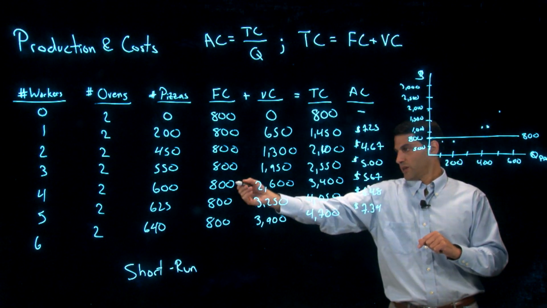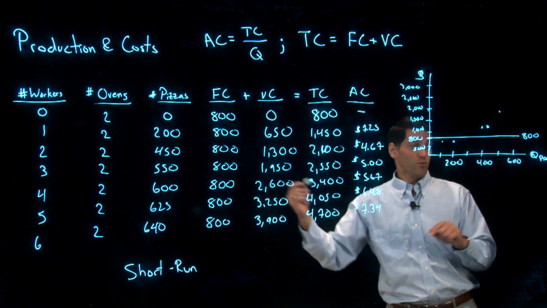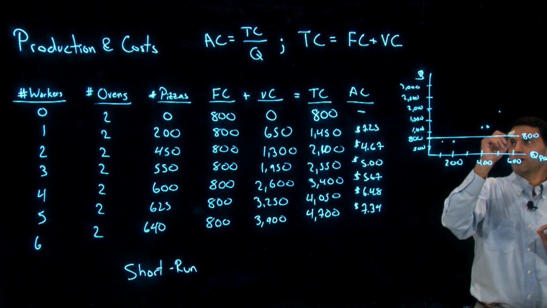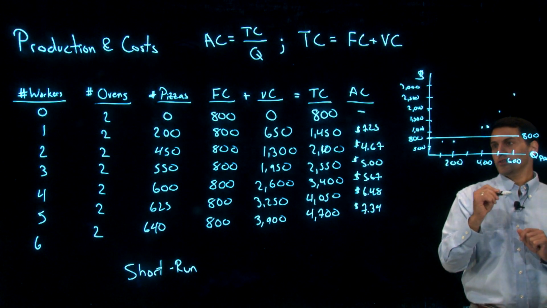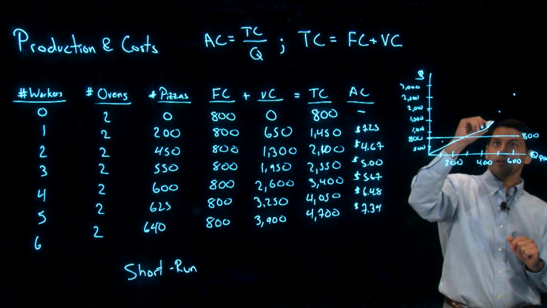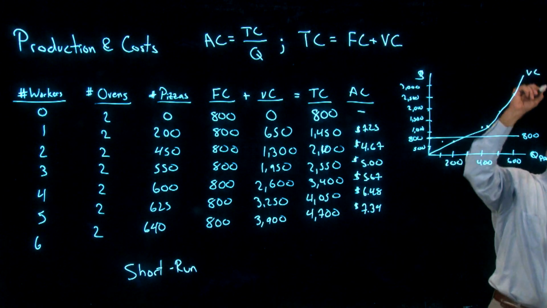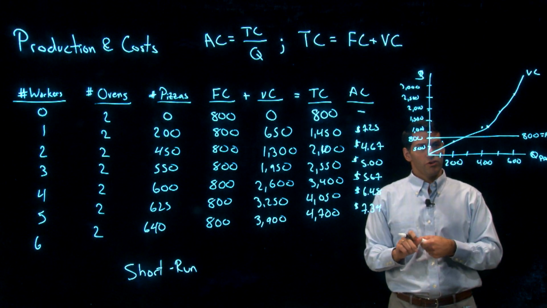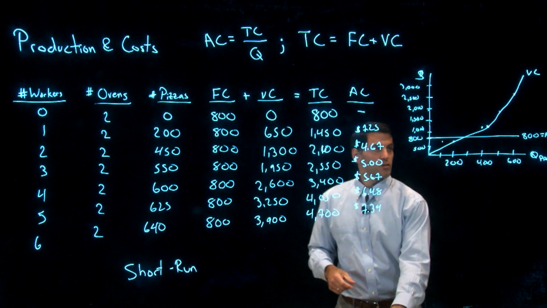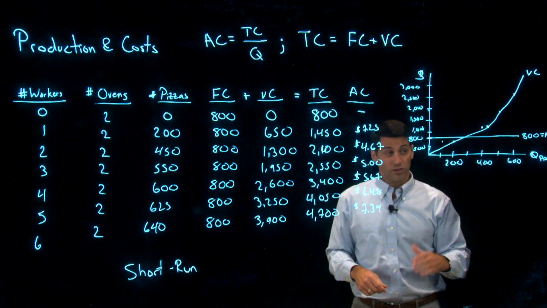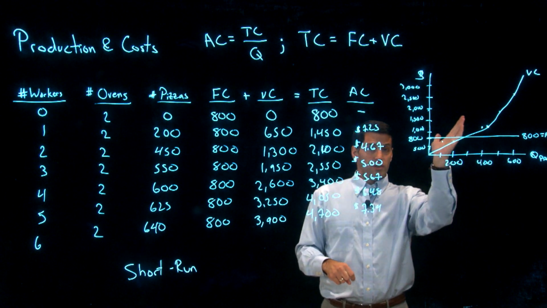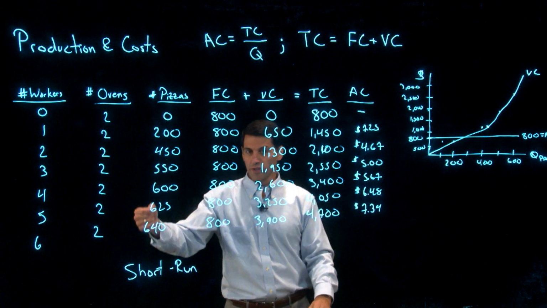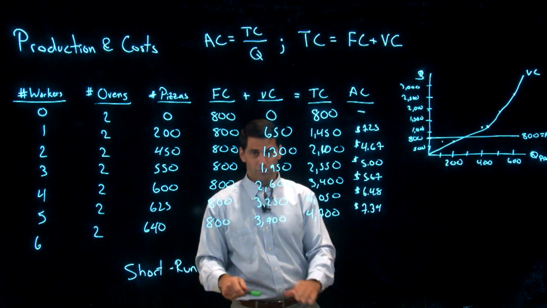Okay. And then I add another worker. Number of pizzas only goes up to 600, but my variable cost is all the way up at 2,600. And you can see, so it's kind of increasing something like this is my variable cost, right? So my fixed cost is always at 800, but then my variable cost is increasing with the number of pizzas I'm making. And if you look here too, you can see that variable cost is increasing actually at an increasing rate,